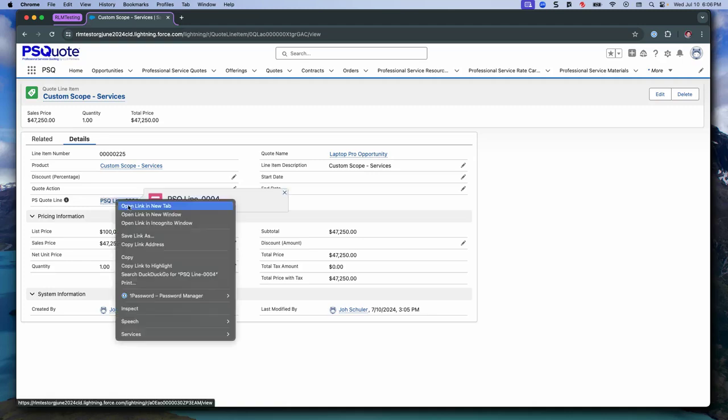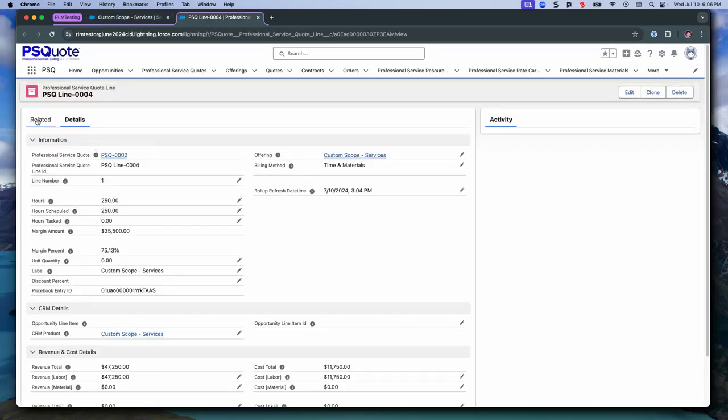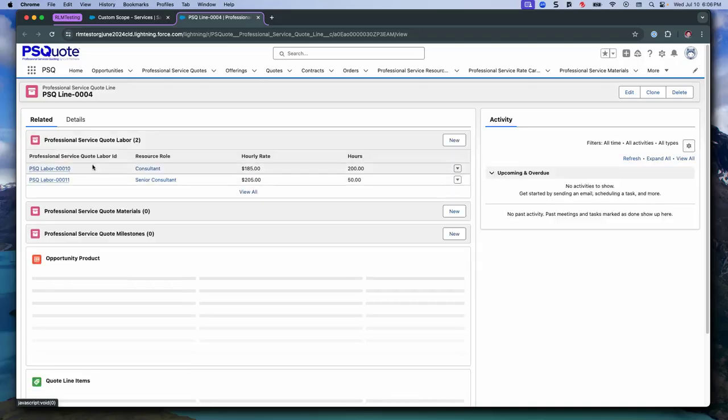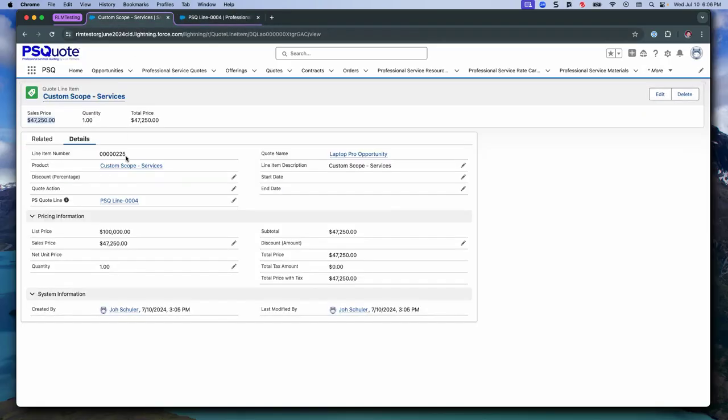And then this would give you the traceability to say, okay, this $47,000 of custom scope services, where did that come from? What is that made up of? And the answer would be in PS quote, you would have all the detail of things like the roles, hours, schedule, if you have tasks, that sort of thing. So, and then of course on your RLM quote, you could,